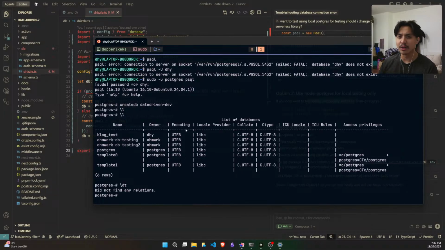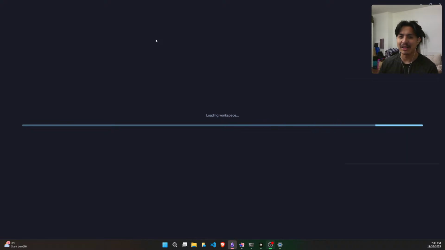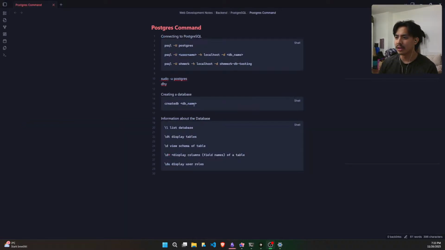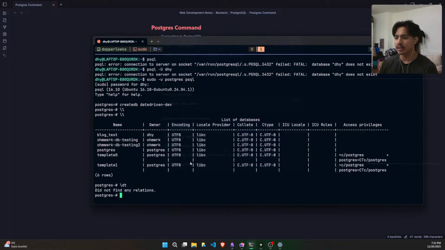I keep forgetting the command, even though I should just remember it. For DB, list, status, display tables. Okay, view schema. How do we? I forgot the command. Can I do clear?